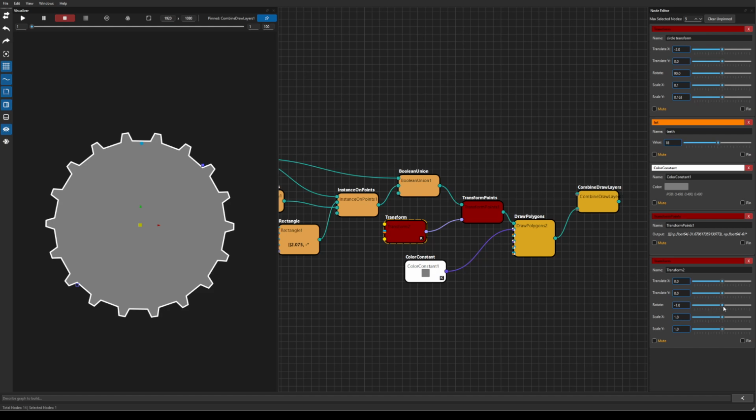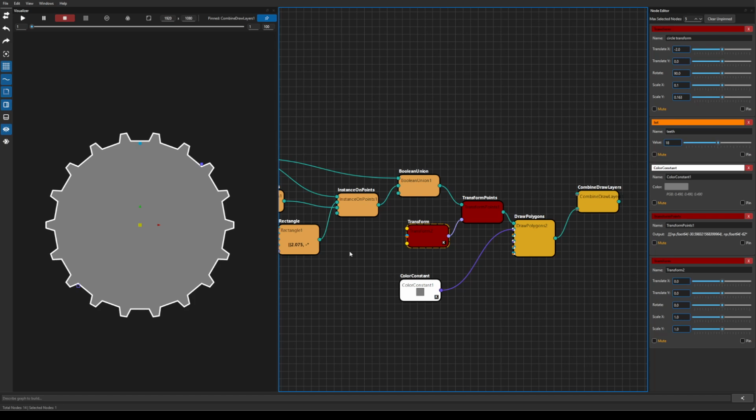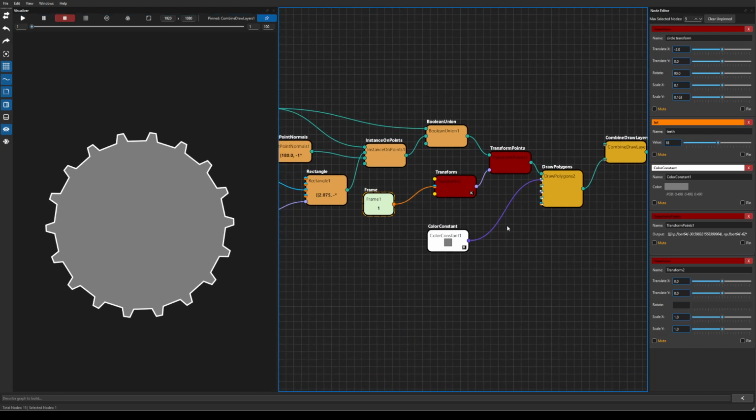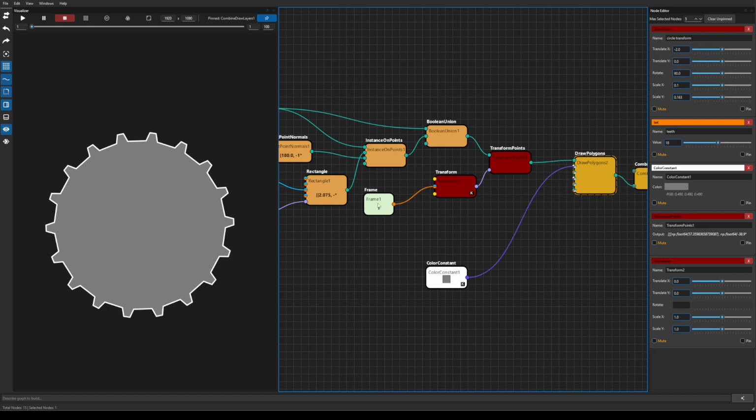So I could rotate that by keyframing it. Or another way, I could just come in here and add in a frame node inside of my rotate, which will be 1 degree per frame. So if I rotate it now, you can see that my gear is spinning. If I didn't want to, keyframing it would probably be the simplest solution, but if I wanted to keep it all procedural,